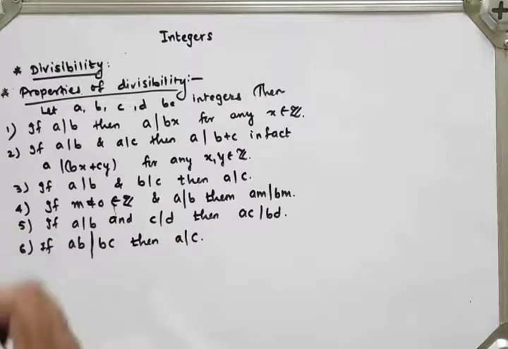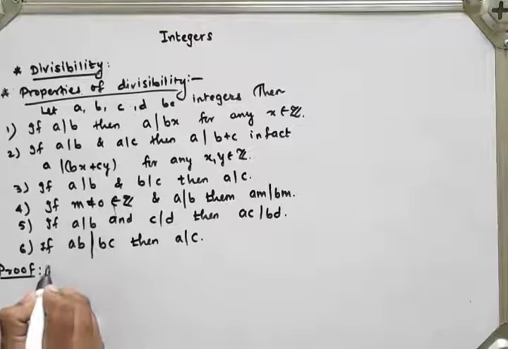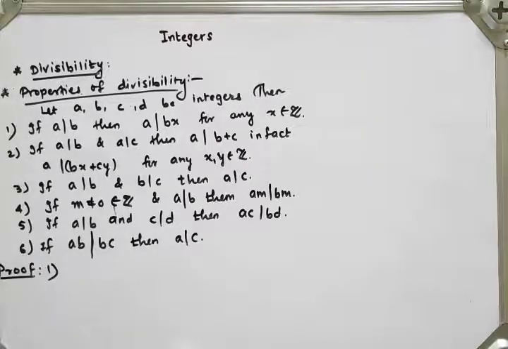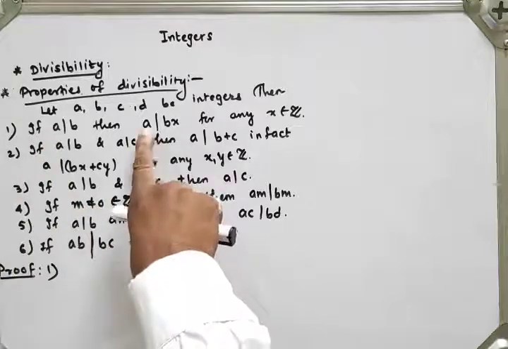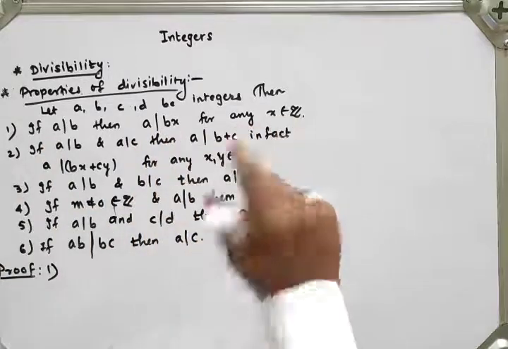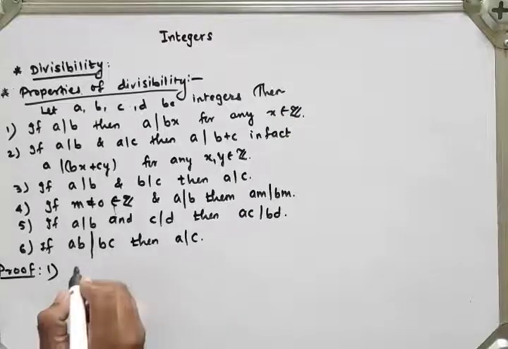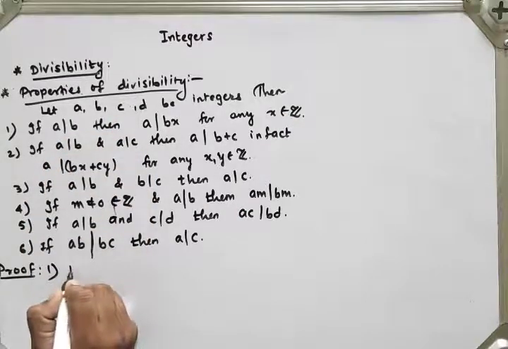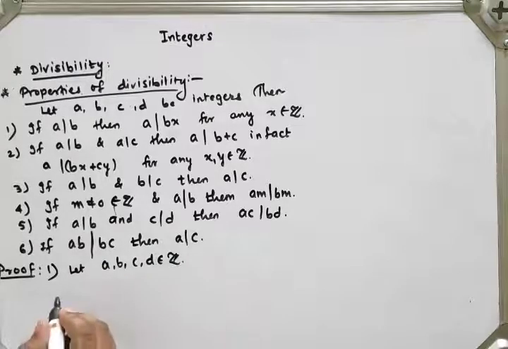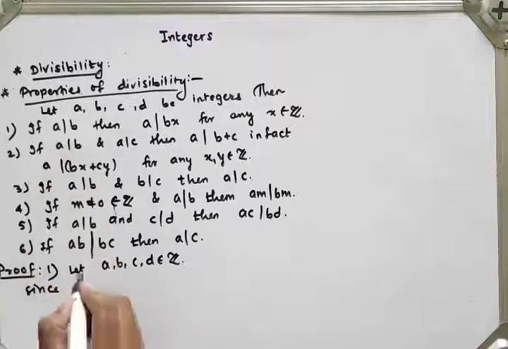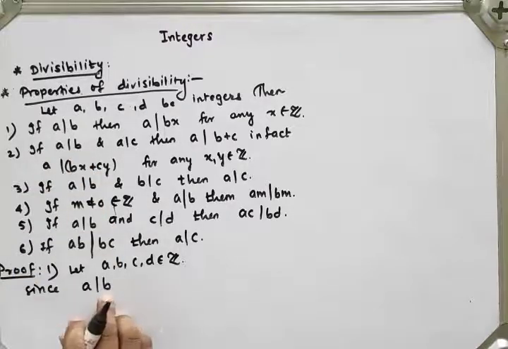Now let's see the first property. So proof of the first property. We have four numbers a, b, c, d belonging to integers. Then we have to show that if a divides b, then a divides bx for any x belonging to the set of integers. Since what we have given is that a divides b, then by using the definition of divisibility,